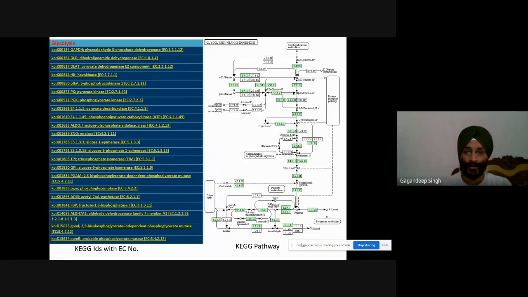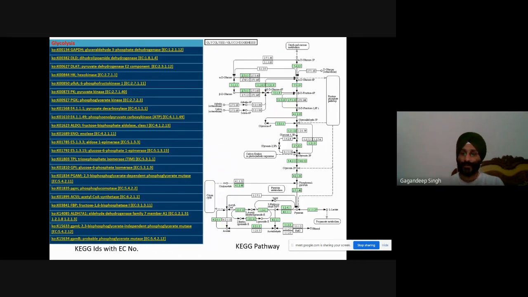For example, I am showing here the pathway of glycolysis. This is the overall pathway of glycolysis, which is already known. But in my data, the genes which I have identified, I have colored green. For example, this 2.7.1.11. Which gene is this? We can easily find this is phosphofructokinase, and I have found this gene in my data. Now, if my target is related to this gene, I can target this glycolysis pathway.